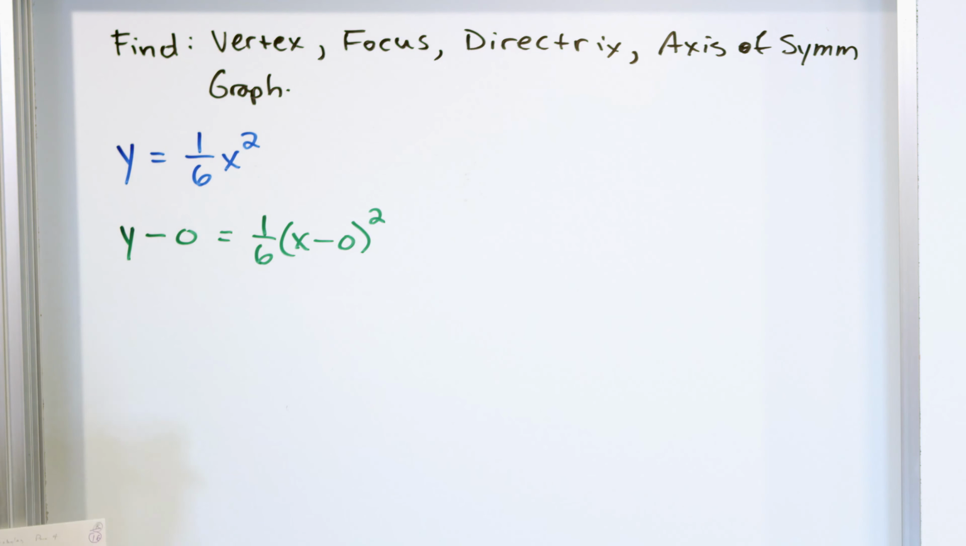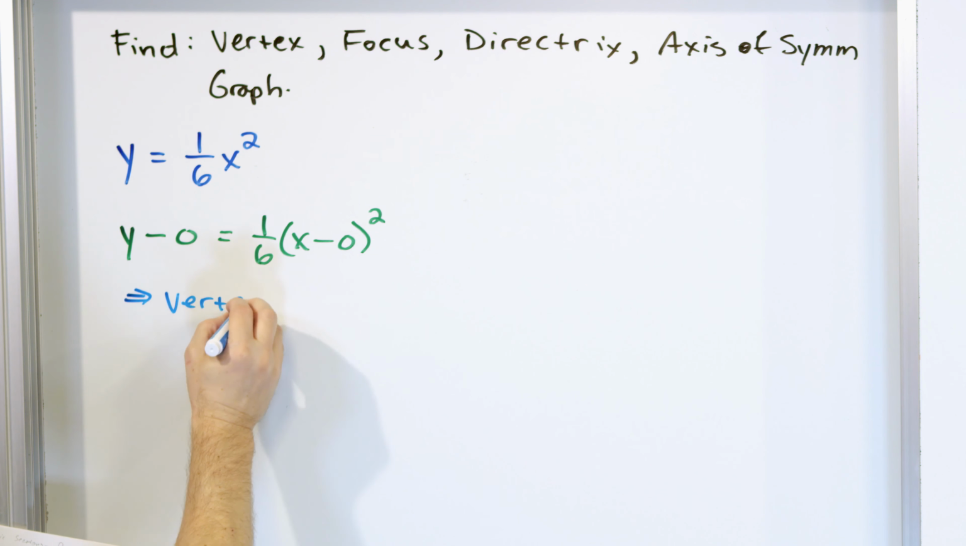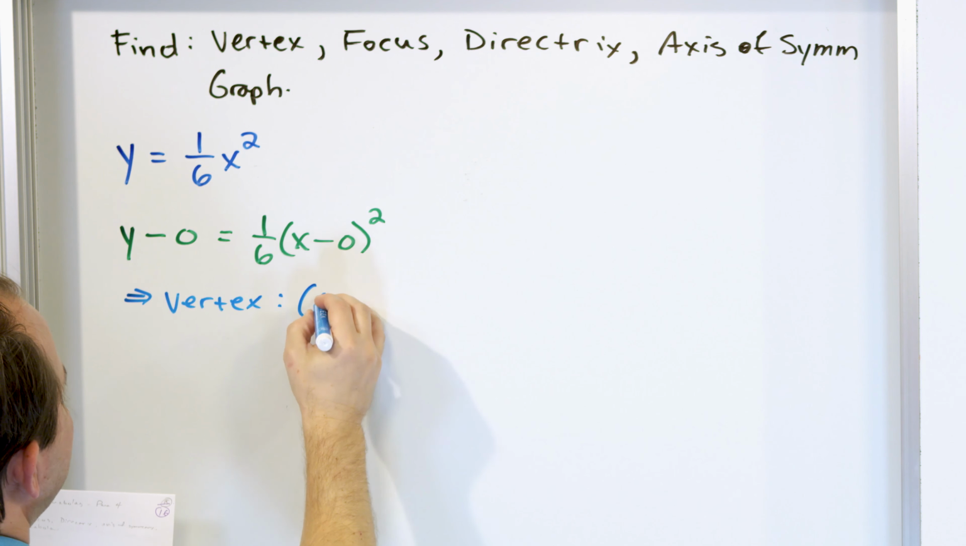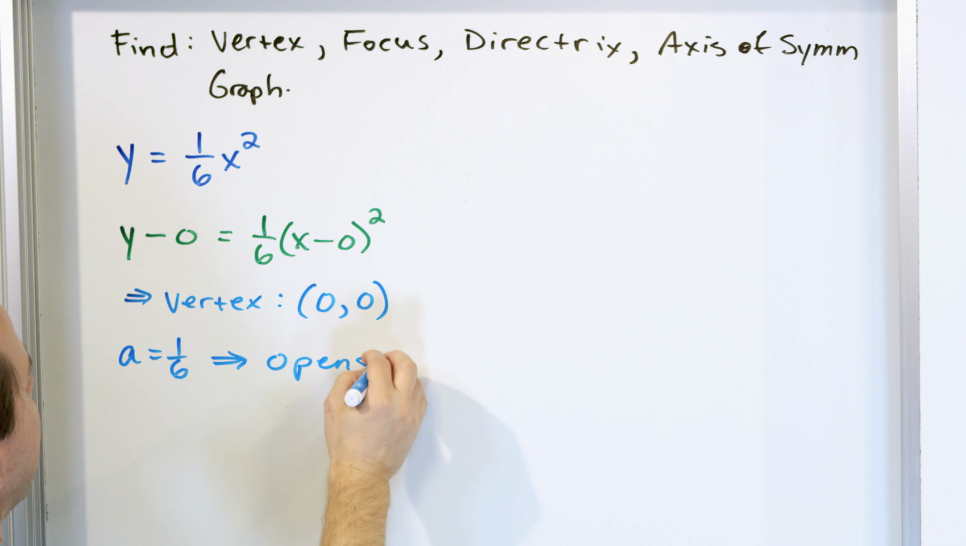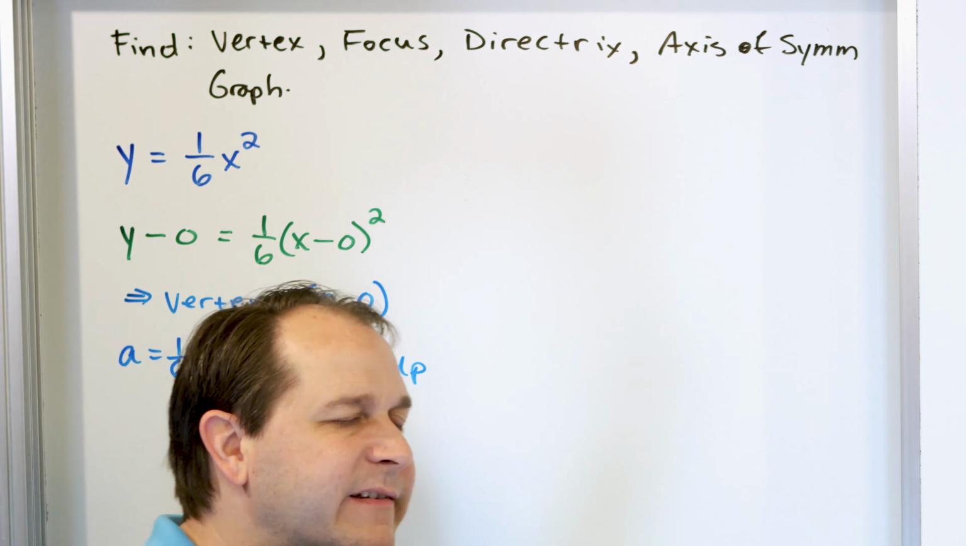So because of putting it in this form, you can immediately tell that the vertex has no shift from the base location at all. That means the vertex of this thing is at the origin, 0, 0. Also, because a is equal to 1/6, you know it opens up. And you also know that this 1/6, see the magnitude, the size of that number in front there,